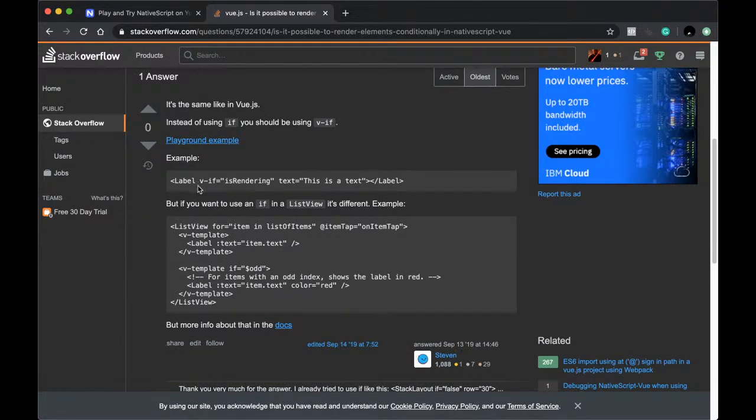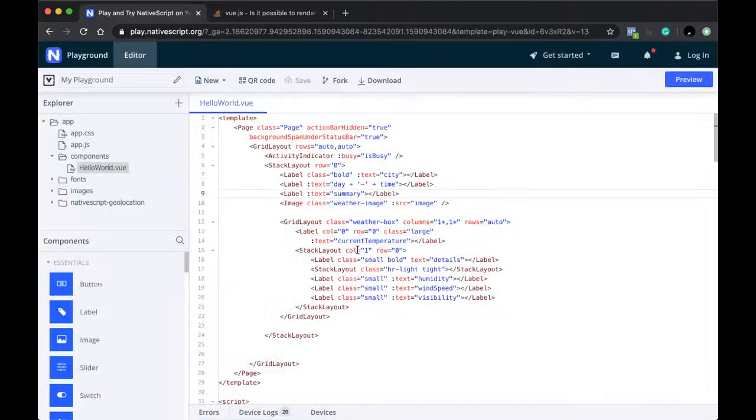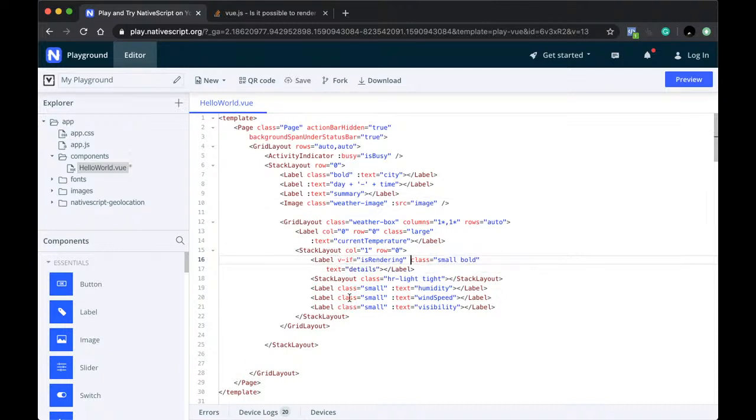So this is saying you could use something like v-if, and then, alright, let's try this. So let's go back, and we'll try it on the label first and then on the grid layout. So let's go back to details and let's put it here, v-if. So that's v-if equals is rendering, but instead we want isBusy. Okay, and then click save,